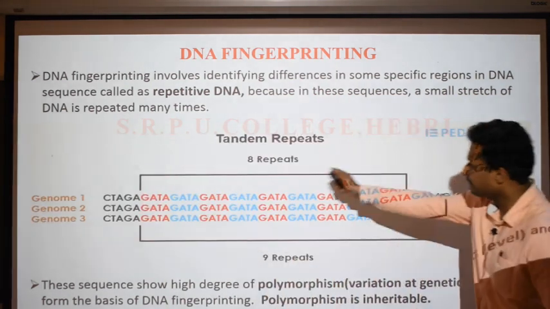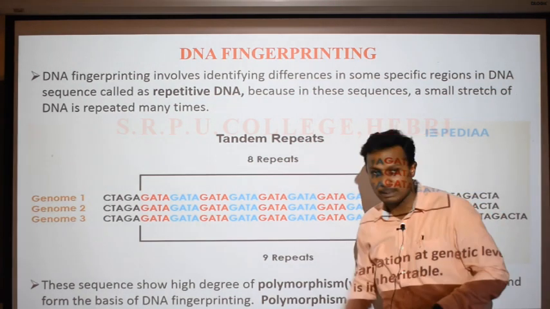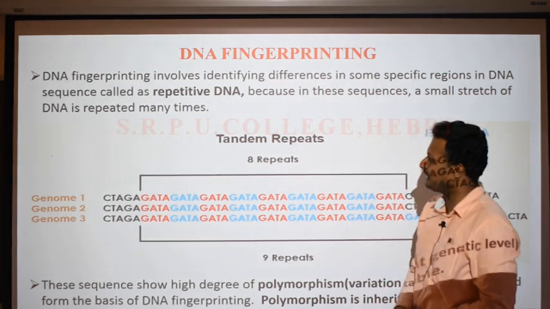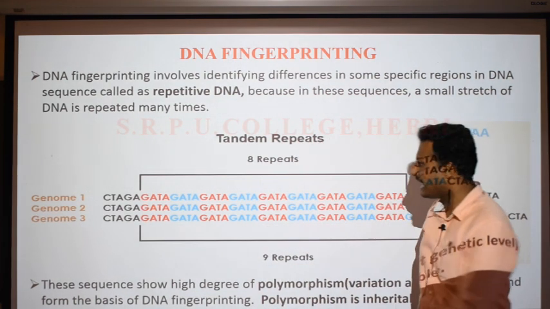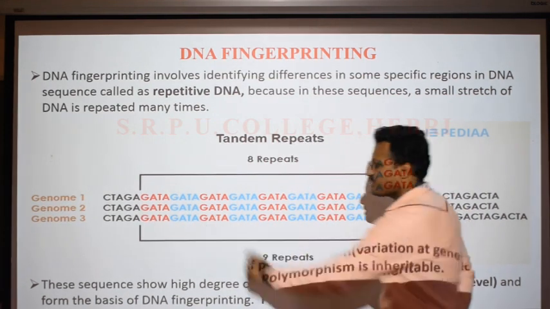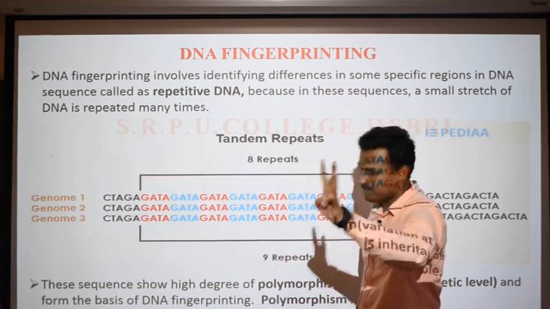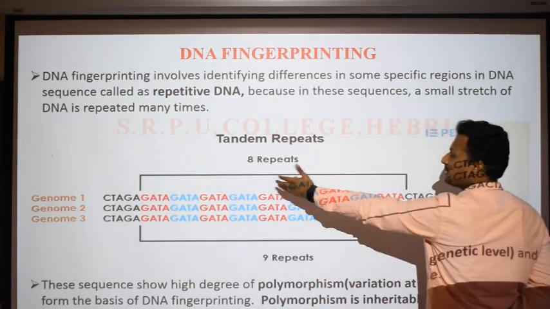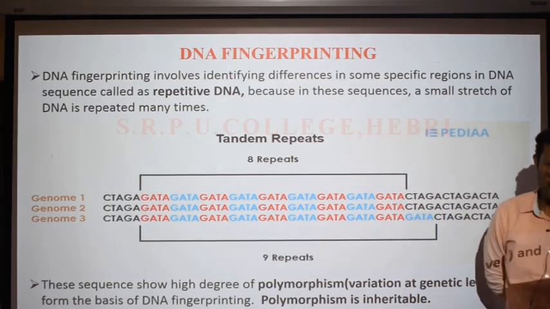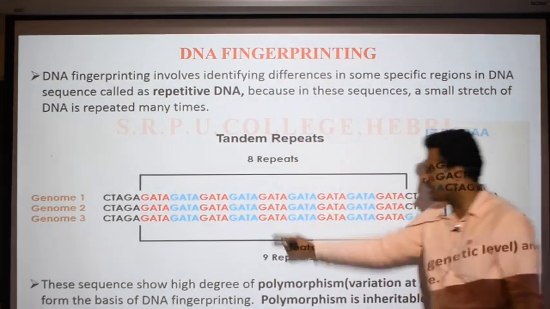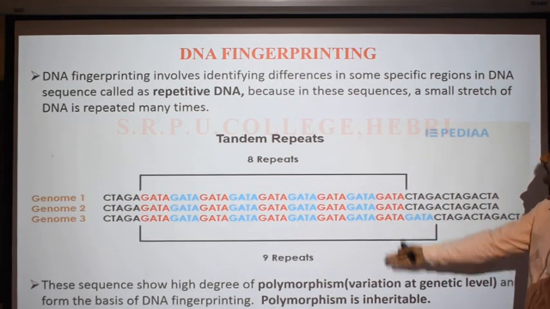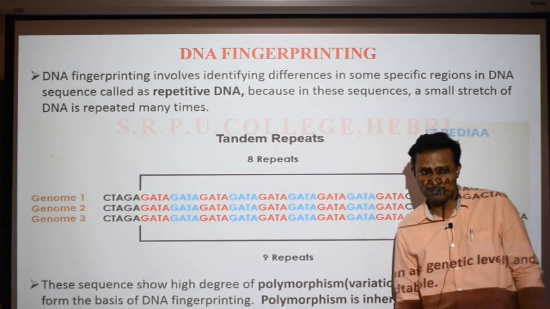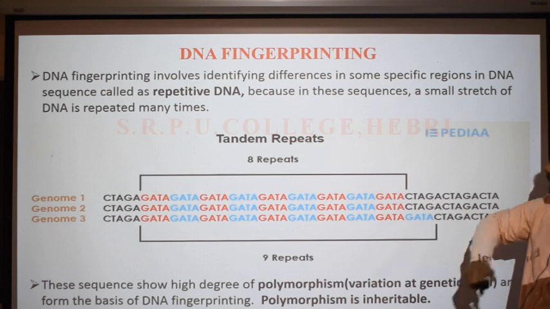So you can see these repeats here. This is the example of a tandem repeat. In the previous session I told you about the single nucleotide polymorphism, and here we are seeing GATA, GATA, GATA, this sequence, right? This is a short fragment of the DNA with 4 nitrogen bases repeated a number of times. How many? 8 repeats, and this repetition is called a tandem repeat. So this is genome 1, this is genome 2, this is genome 3, right? In genome 1 and 2 it is repeated how many times? 8 times. In genome 3 there are 9 repeats, right? So like that, this is what is called a tandem repeat.